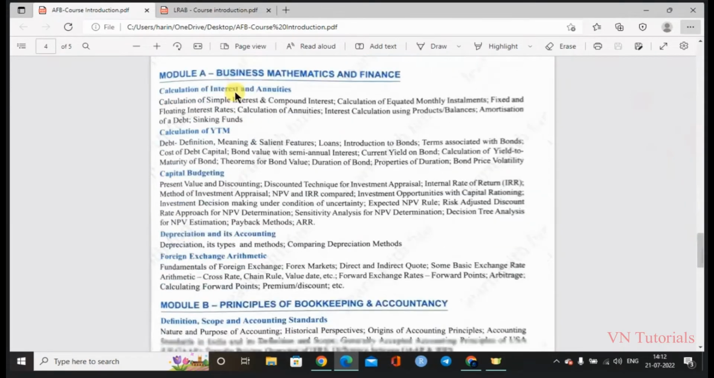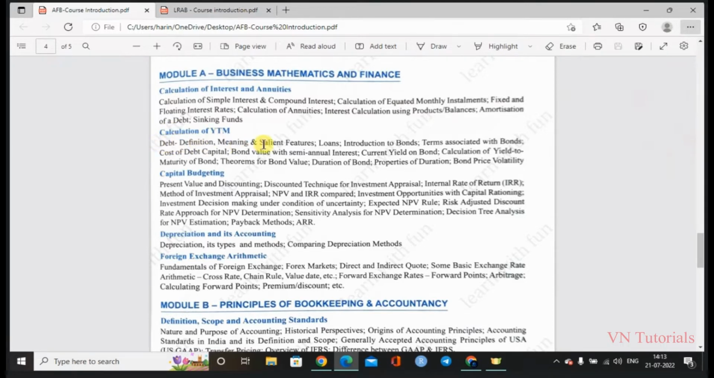In Module A, business mathematics and finance, calculation of interest and annuities: calculation of simple interest and compound interest, calculation of equated monthly installments, fixed and floating interest rates, calculation of annuities, interest calculation using products or balances, amortization of a debt, sinking funds. Then under calculation of YTM, we are going to see these modules, that is a definition